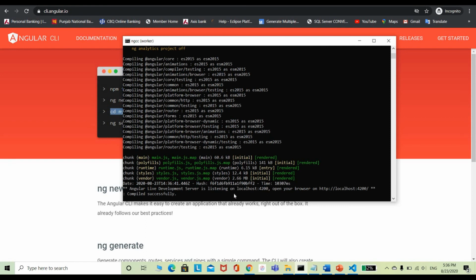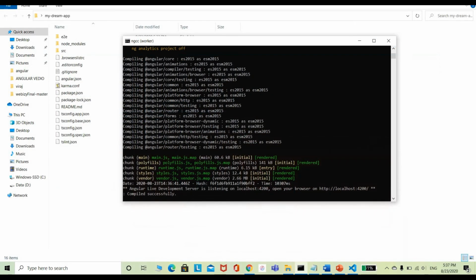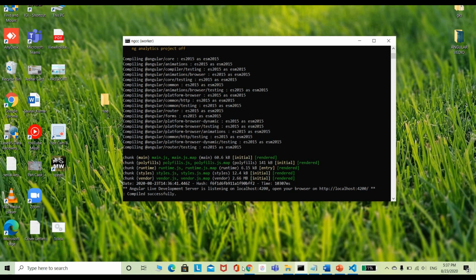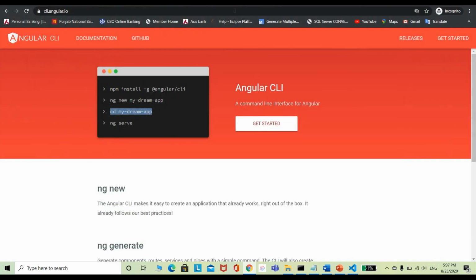So what exactly you need to do is just read the statement. Angular Live Development Server is listening on localhost 4200. You can use this link, and you just need to paste it in your browser.